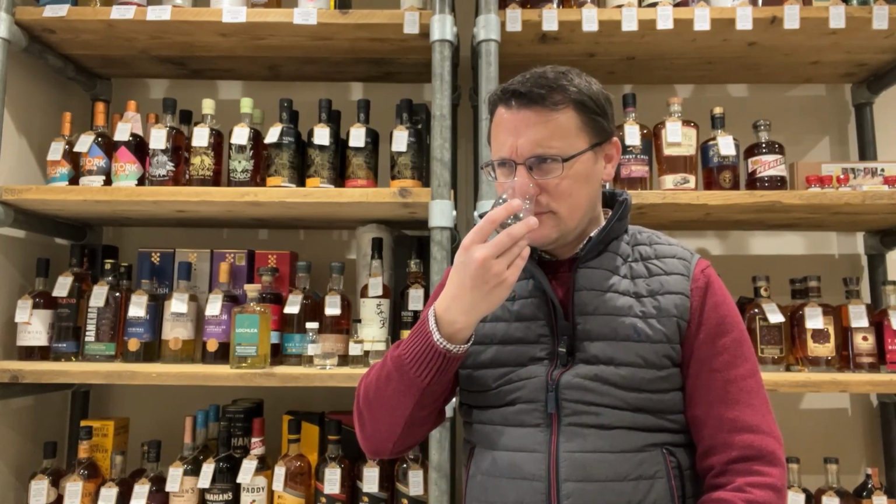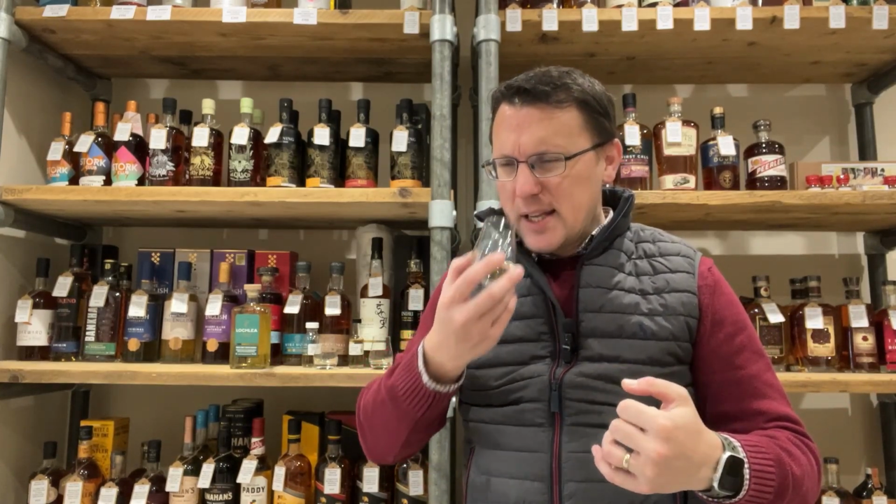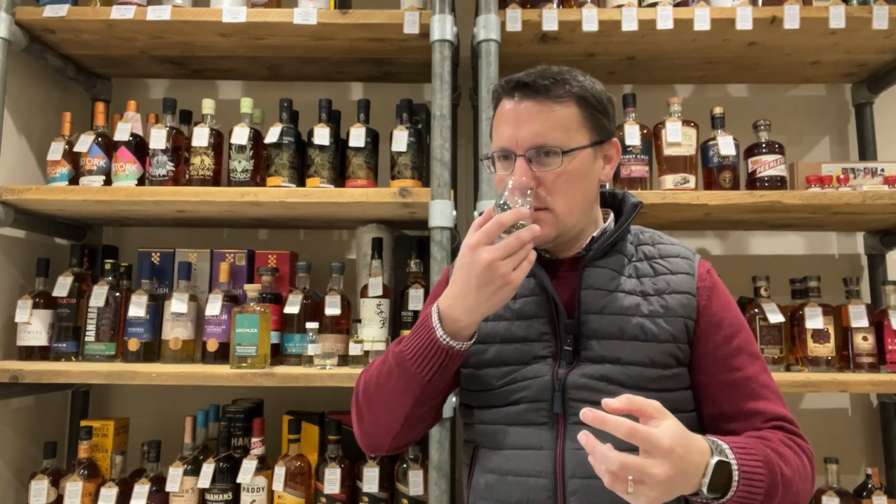Ooh. That citrusy note is kind of back, but not as creamy. It's more rounded. It's more intense. It smells almost like a lemon drop martini. There's more going on in here. There's lemon and there's lime and there's almost a slight note of tequila